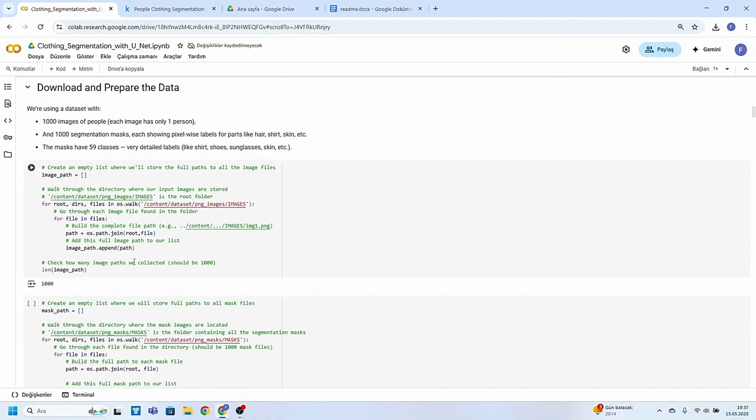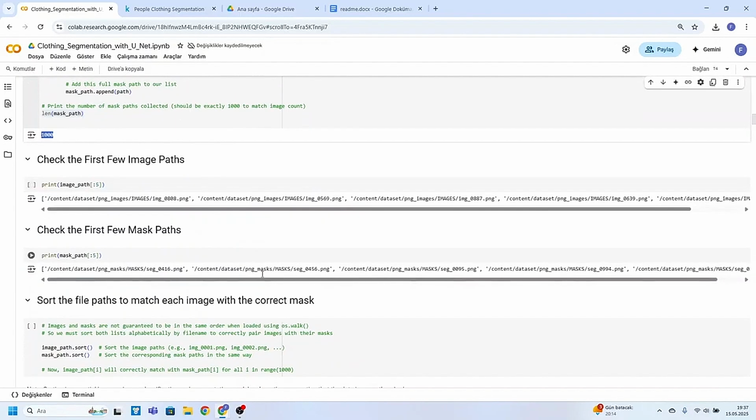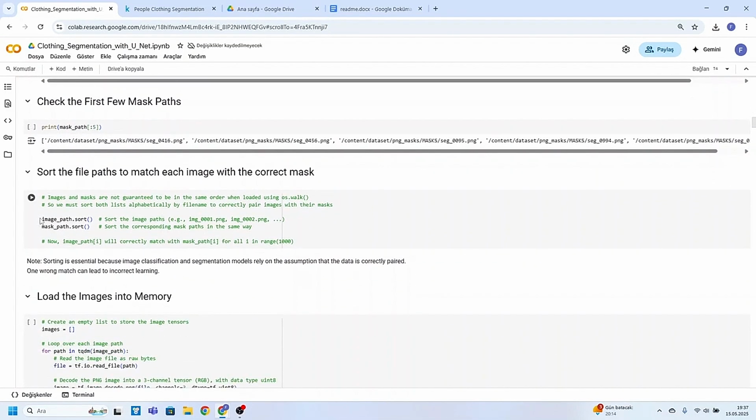And here this checks that we have collected exactly 1000 images and 1000 corresponding masks, and we sort both image and mask paths to make sure each image aligns correctly with its corresponding mask.